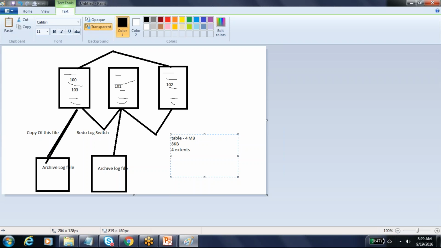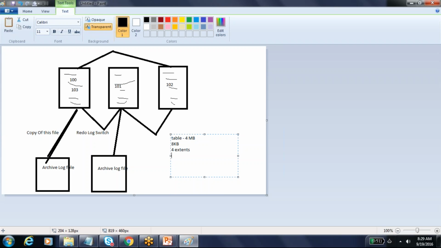So when you're creating a table, you don't know what is happening internally. But if you create a table and check the size of that table, you will get at least 4 MB of size in the database, depending on the configuration of the database, depending on which version you are installing. Each version has its own default size. It doesn't mean that the size of the table is zero.